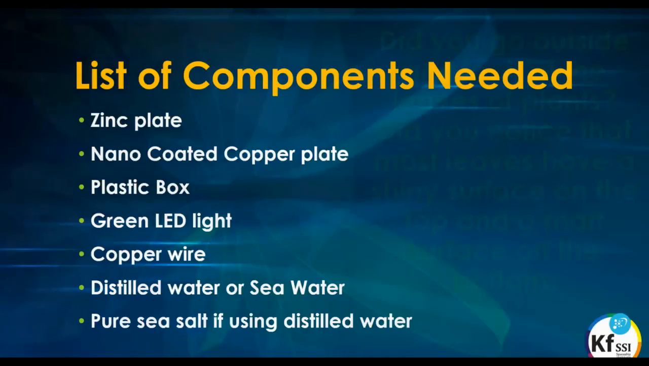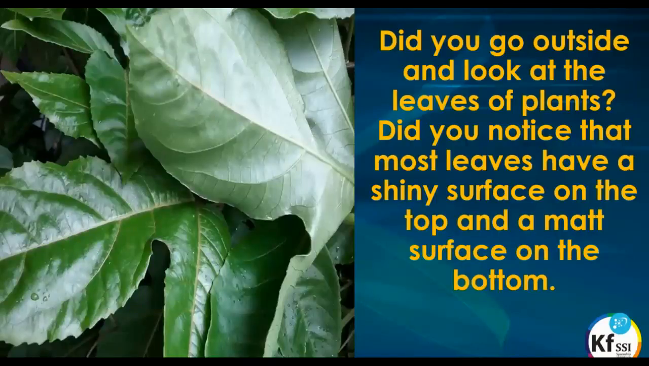So I ended off last session by showing this picture of the leaf. Did anybody go outside and notice that your leaf has a shiny side and underneath has a matte side? So all we're going to be doing is replicating that leaf, because if we view your nano-layered copper plate,